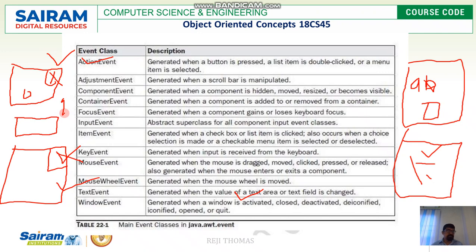In all these processes an event gets generated, and we call it a window event. You have to remember all the events from action event to window event, and for every action a separate event is created.